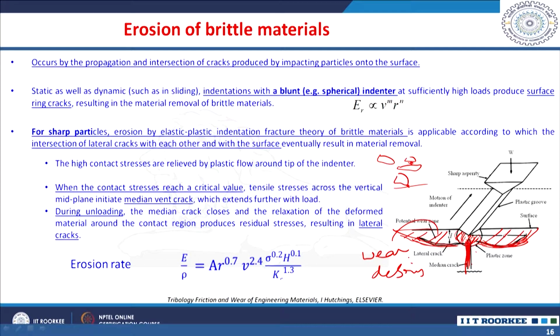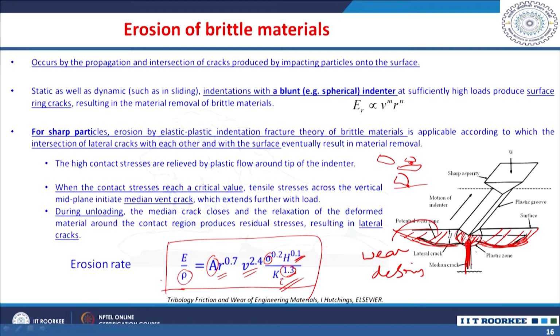Right. So, erosion of brittle materials can be estimated by knowing the size of the particle, velocity of the particle coming, and the density of the erosive particle, and then hardness and fracture toughness of the eroded material. You can see the fracture toughness exponent is much more than the hardness exponent. So, we can also say the erosion is more dominated by the fracture toughness than the hardness for a brittle material, right. This rho is the density of the material being eroded, right. So, the erosion rate can be estimated, A is a constant, by this